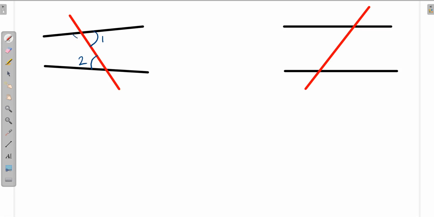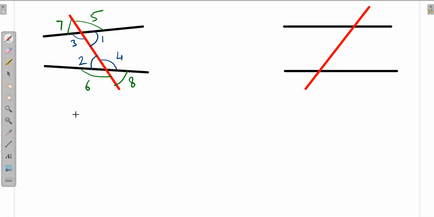Similarly, if I make this angle 3 and this angle 4, angle 3 and 4 is also an alternate angle. Since all these pairs of angles are interior, we can also say these angles are alternate interior angles. For exterior angles I am using a different color. So here this is angle 5 and this is angle 6. Angle 5 and 6 are also alternate angles, but these are alternate exterior angles. Similarly 7 and 8, these are also alternate exterior angles.